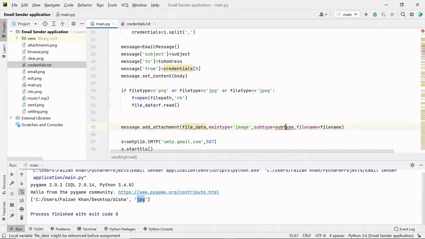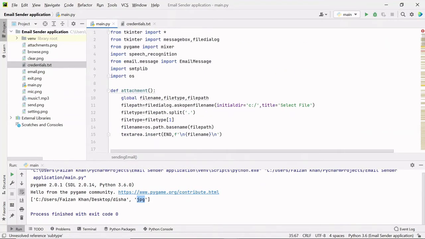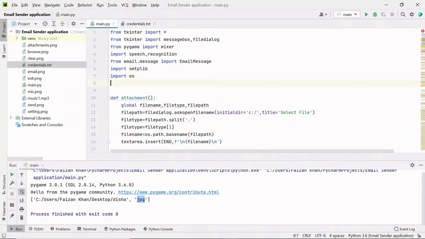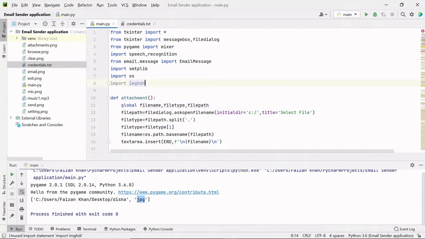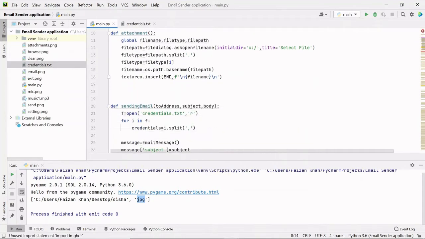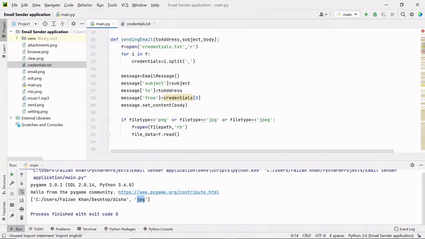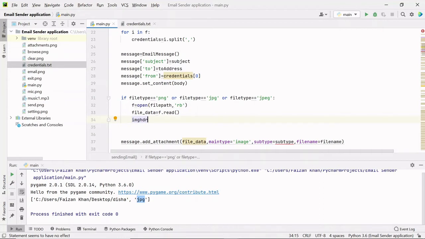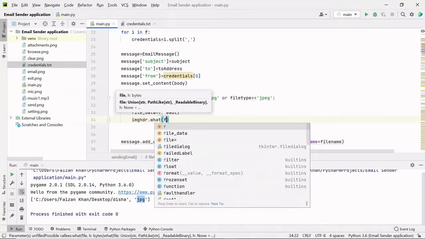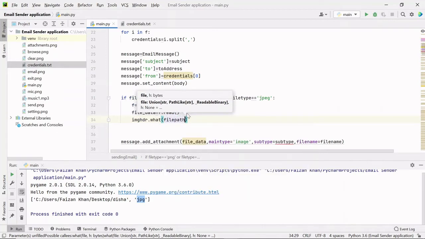After that, we have to calculate the subtype of the file. For that, we have to import imghdr module. So here I'll write import imghdr. So this is an inbuilt module which will help us to find the type of the file. So here I'm going to write imghdr dot what method, and here we'll simply pass the file path.